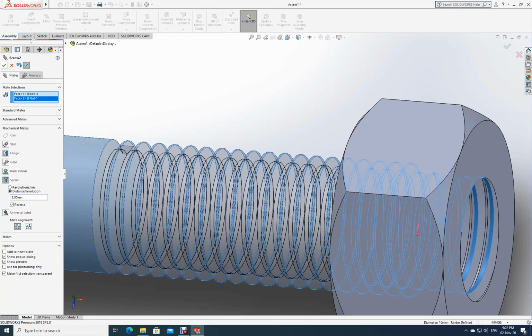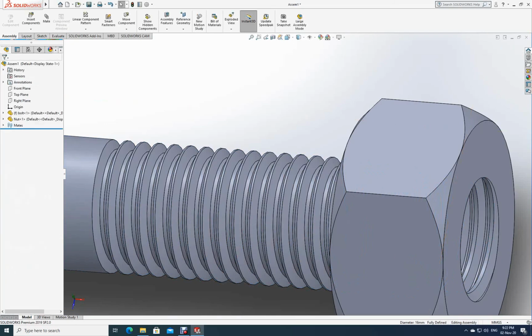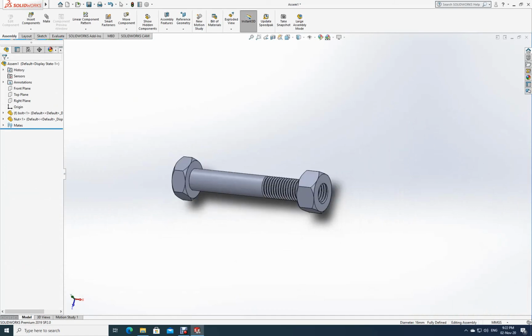Okay, now I will say alright, done, and again done. So now see, you have got the bolt here and the nut here. Now rotate. See, it is moving. You cannot push it like this. It doesn't go because there is a mate for the thread. See this, it's nicely done.